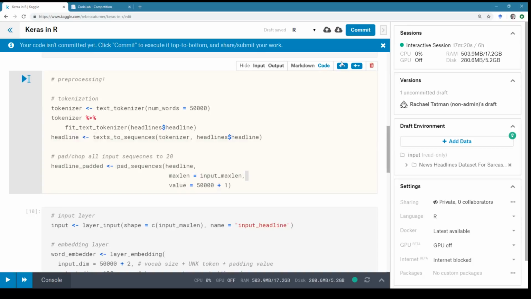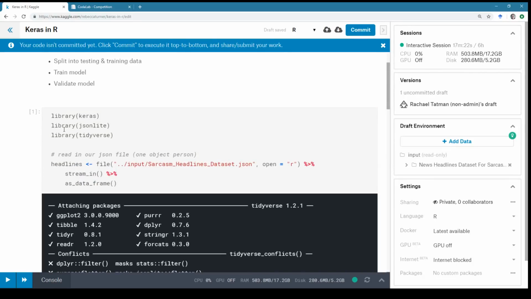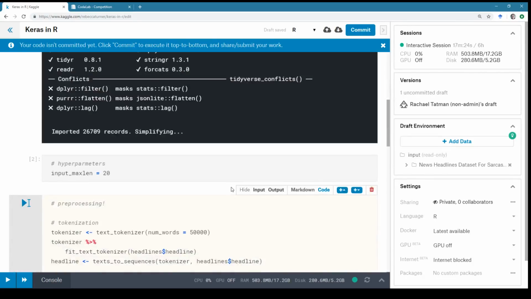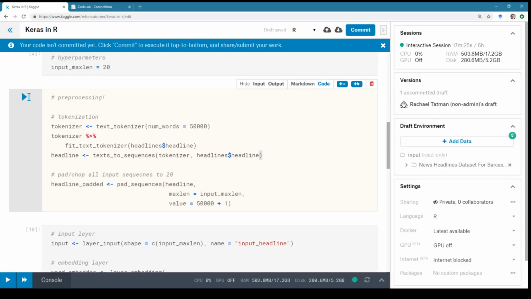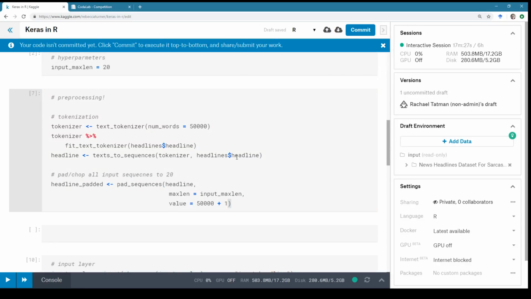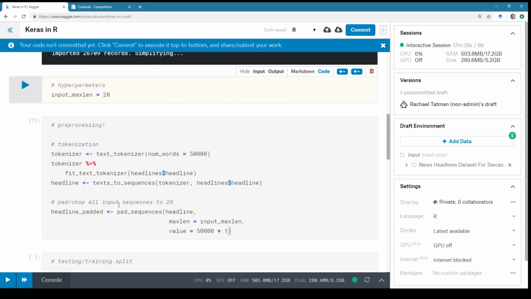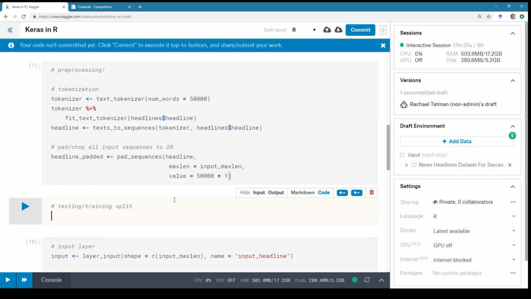What were we doing? Okay, so the thing that we need to do is we need to split into testing and training, and then we need to train. And my thought was, while we were training, testing, training, split. It's not actually a hyperparameter, but I am going to need to set a random seed at some point. And this is in R, so we could use caret for this.